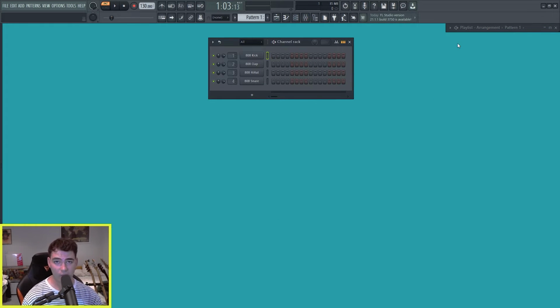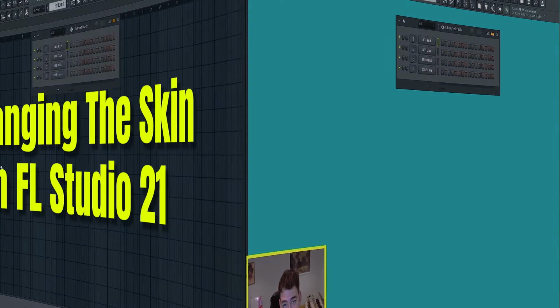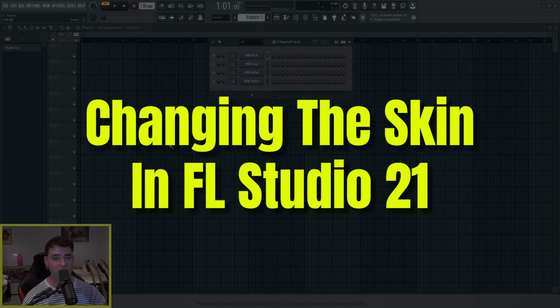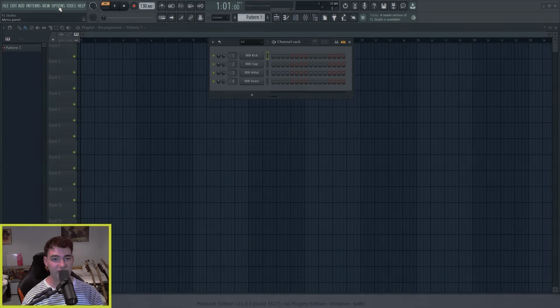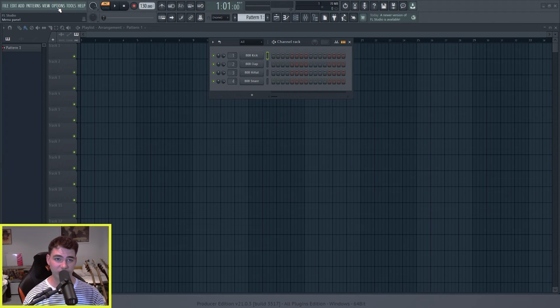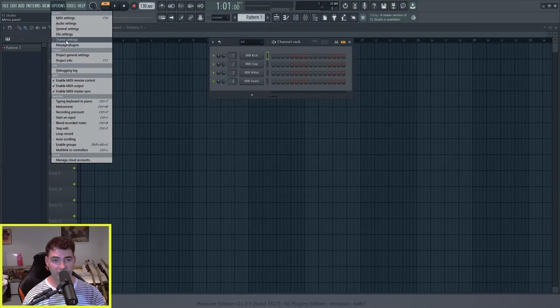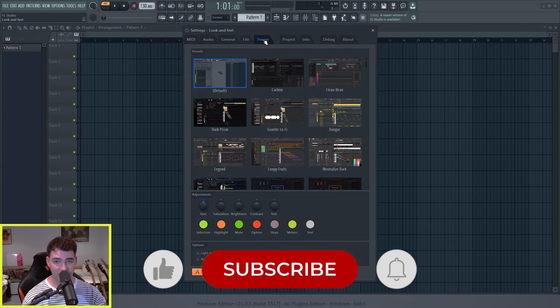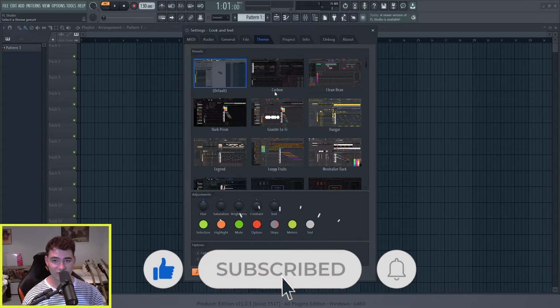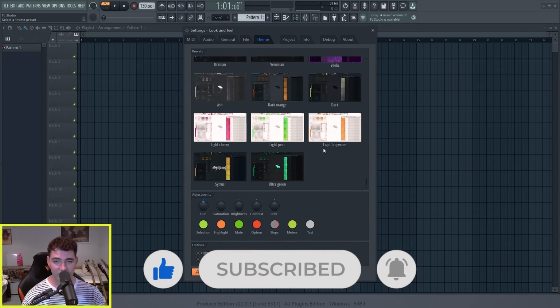So let's see how we can do this in FL Studio 21 with the new theme settings feature. With FL Studio 21, one of the things that got updated was the ability to change the theme of FL Studio without any other software needed. So to do this, all you need to do is go to options and then theme settings, and this is a new tab that's in the settings, and you can literally just go through these and choose whichever one you